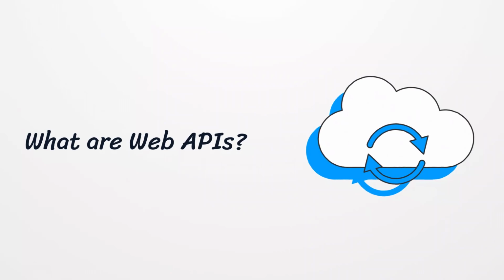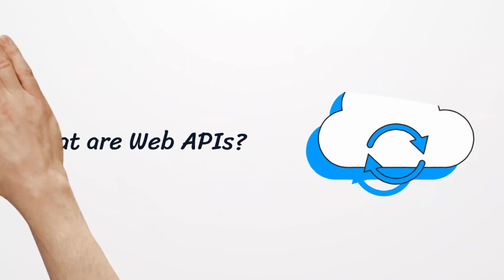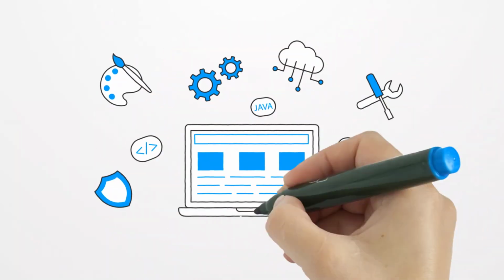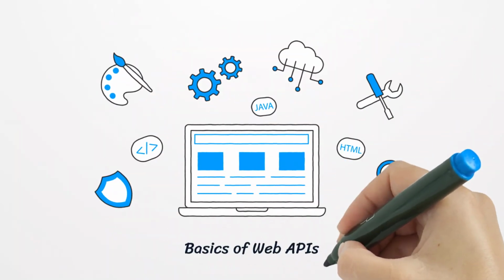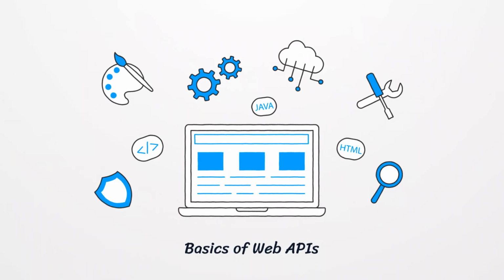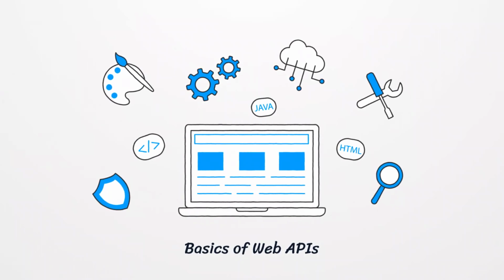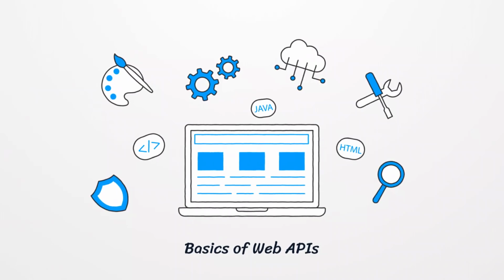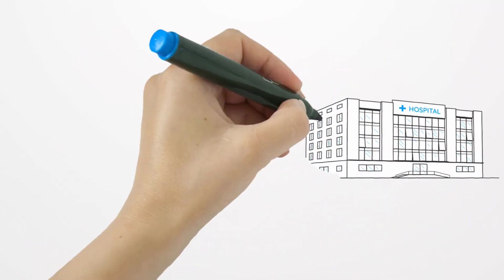This is achieved through web APIs, interfaces that connect the front-end application with the back-end data, enabling smooth communication and data exchange. In this lecture, we'll dive into the basics of web APIs, their role in modern application development, and